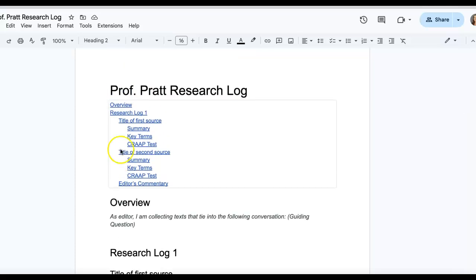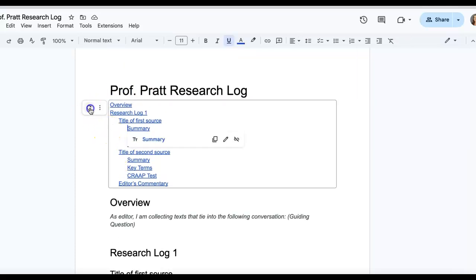And then you will refresh that table of contents, and this is important. So you are going to submit the link from the table of contents. So this is a really helpful thing to know how to do in Google Docs, is to send a reader exactly where you want them to go in your document. So if you click on Research Log 1 in your table of contents and hit copy link, you will then